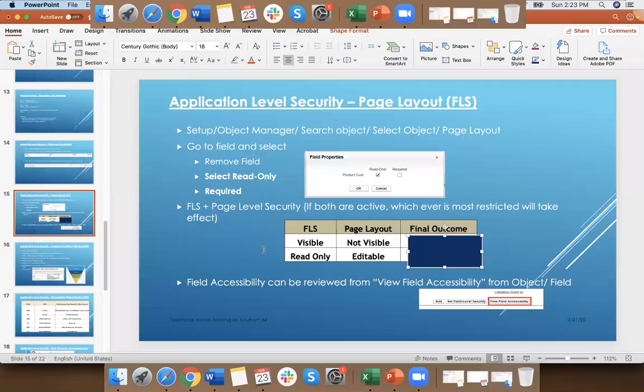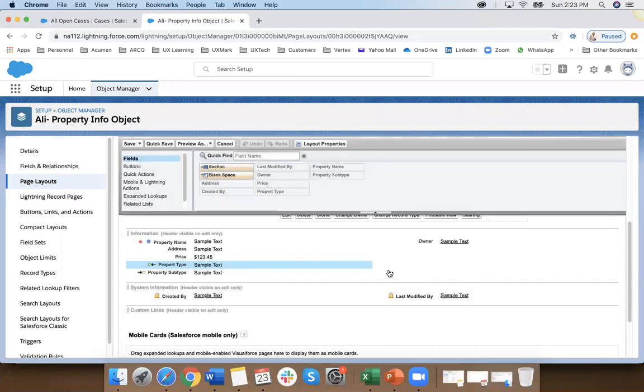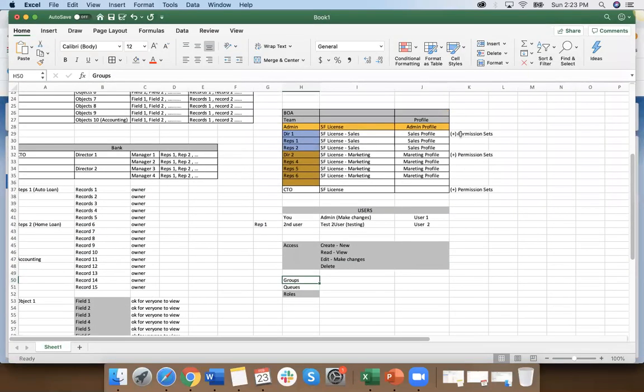Okay, so page layout. While we are already on page layouts, let's talk about page layout. We just discussed that we have different profiles, right? So we go back to our Excel cheat sheet. Here we discuss different profiles. Now with different profiles, you can even have a separate page. So you can call it sales page layout. You can even create different page layouts and show the fields that are more usable for that particular set of users. And then another page called marketing